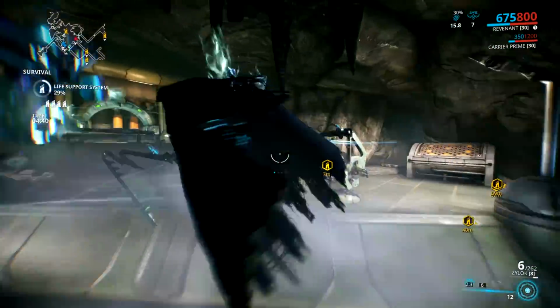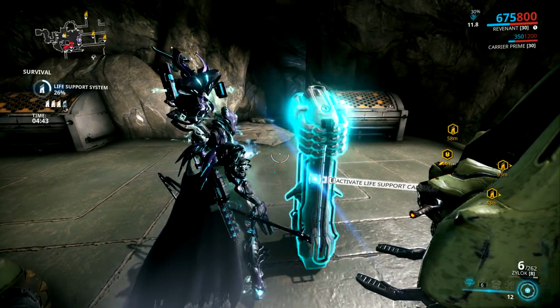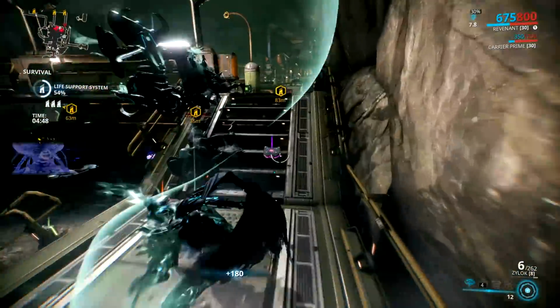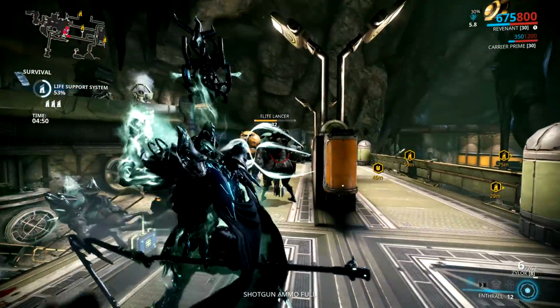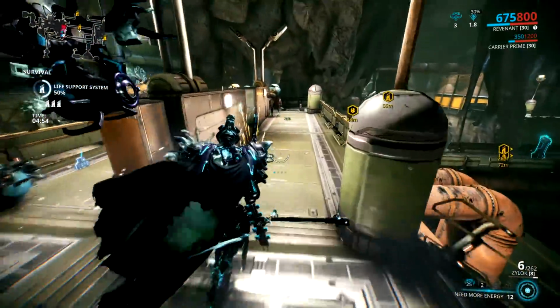Now, power duration affects both the duration of the actual enthrall ability as well as the duration of the pillar they leave behind when they die. Power range affects the casting range of the ability as well as the radius of the pillar they leave behind when they die. Power strength only affects the damage of the pillar they leave behind when they die,